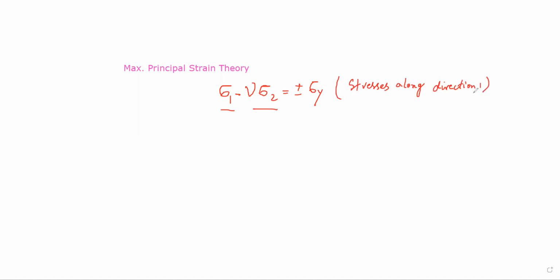Similarly, we will have sigma 2 minus nu sigma 1 should not become equal to plus or minus sigma y. This represents stresses along direction 2. If this is a two-dimensional state of stress, then all the components in direction 3 are assumed to be 0. Now let's plot these conditions. You have 4 equations, 2 here, 2 here. So if we went on to plot these equations,